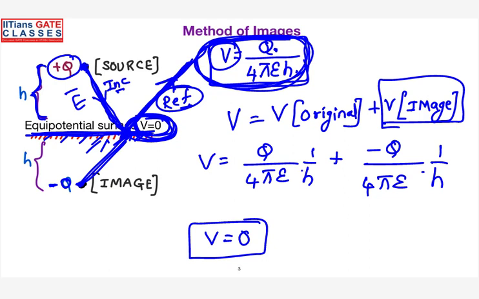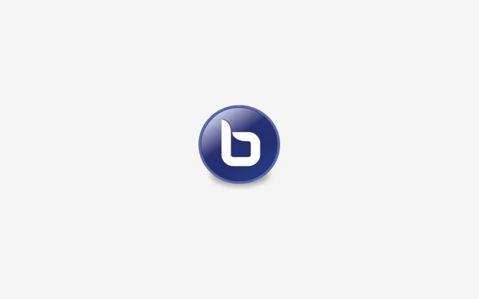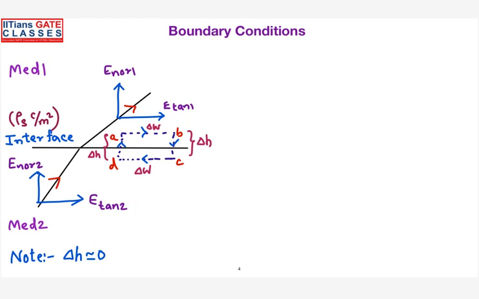That's what I was telling. See, to make the problem simpler, to account for both incident wave and reflected wave, you can consider the incident wave is contributed due to the original source and the reflected wave is contributed due to the image source. So whatever the problem it is, you will be able to solve it. Okay, so we'll see some problems. Then you can understand more about the method of images concept.